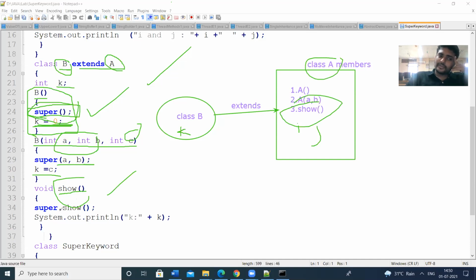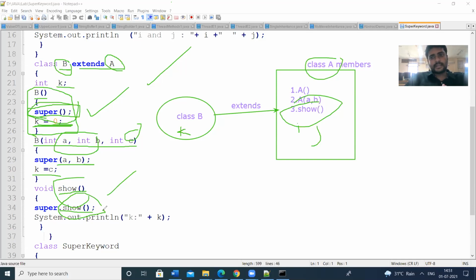Void show. Here, in order to let the compiler know, we are using the keyword super.show. That means the show method is already defined in the superclass. There is a need to differentiate between the show method in the superclass and the show method in the subclass, so the compiler has to differentiate this.